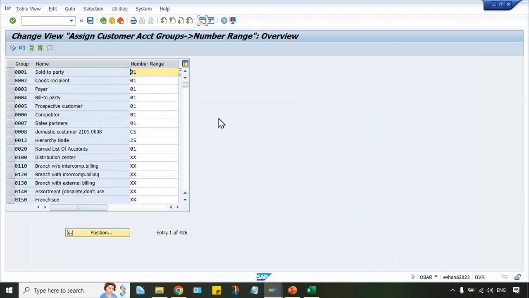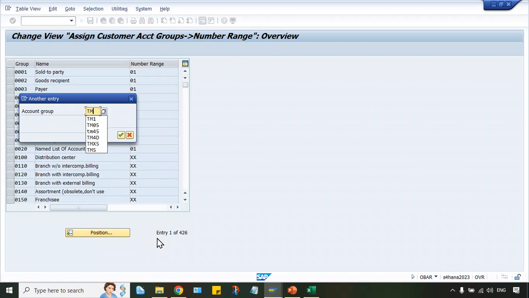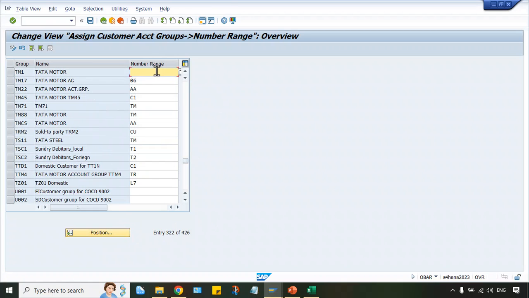At the same time, account group controls the number range also. Here, TM number range. Just save it and press enter. Okay. Now, this number range I have assigned, number range code.